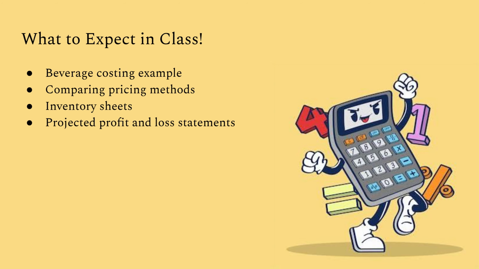So that does wrap up this week. Like I said, a lot of it was conceptual advice, meaning we're not doing anything really hands-on. We're learning about the business and all the expenses involved. So what we're going to do in class is go through some beverage costing examples. It should be easy, but just getting out of the metric system might be the trickiest part about it. We'll talk about those two pricing methods and then cost some different things out using both of them and compare them. And then we are going to take a look at some inventory sheets and then projected profit and loss